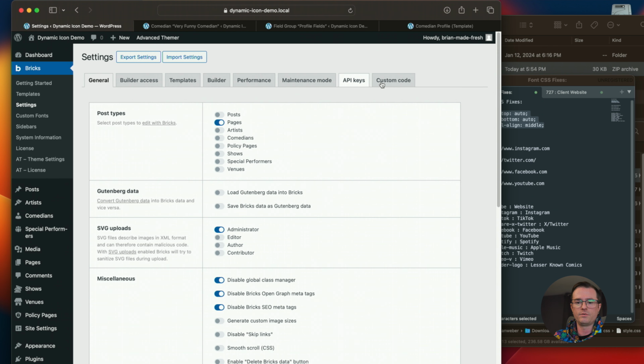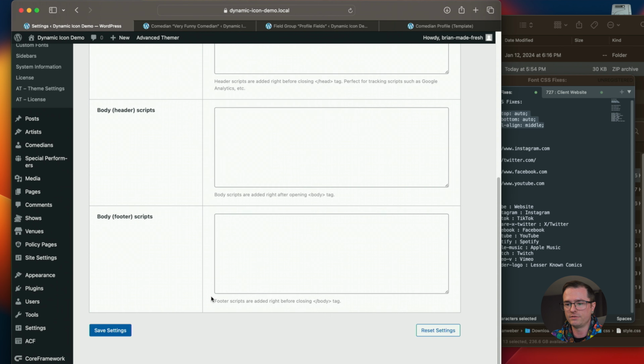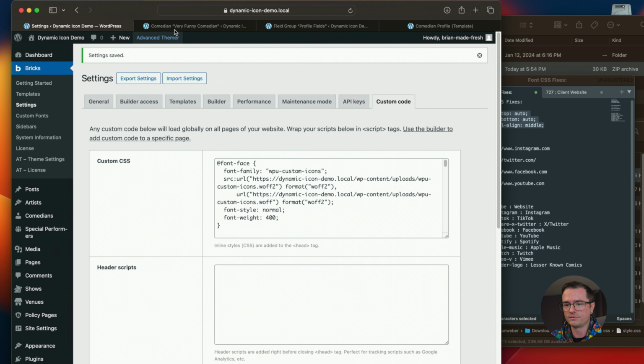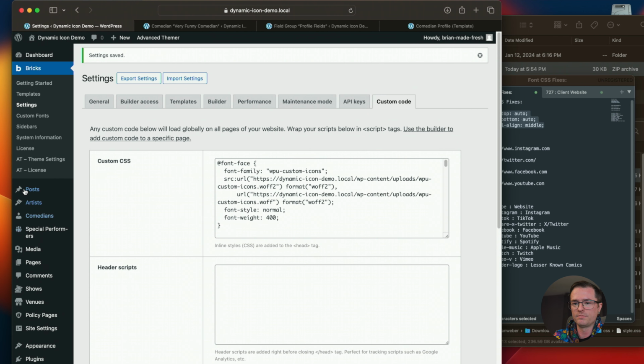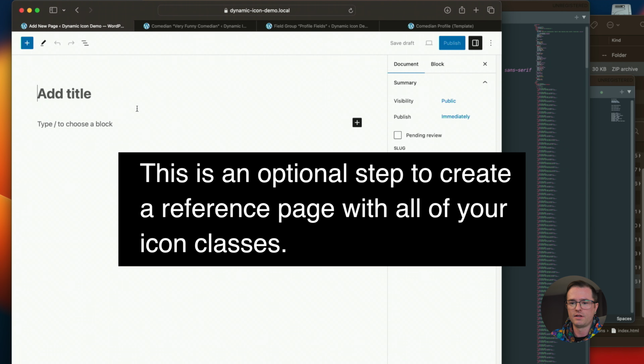And then you can go however you want to add custom code, whether it's WP code box, whatever. For ease of demonstration, I'm just going to add it right here, right into the custom CSS. And then this is just a bonus, but if you want to make this easy later,